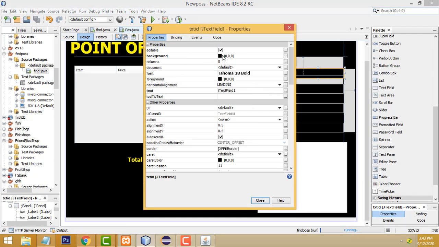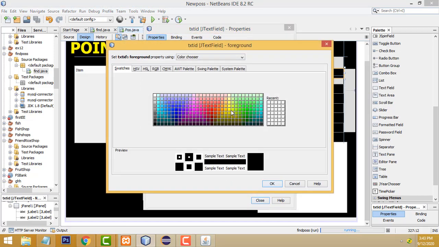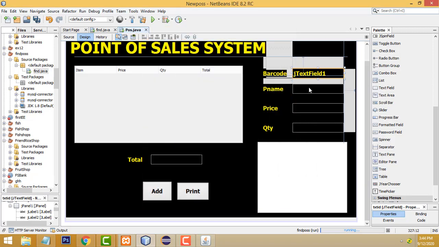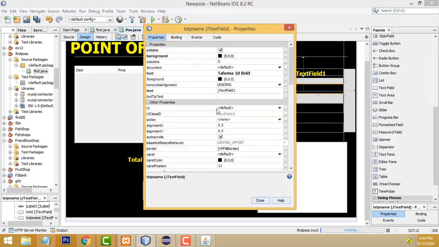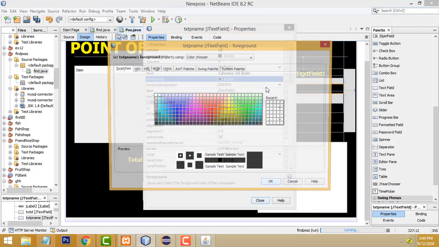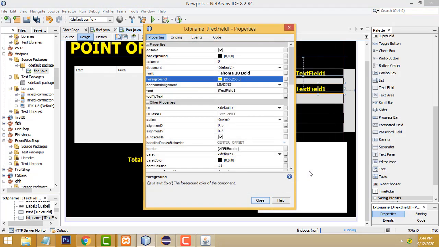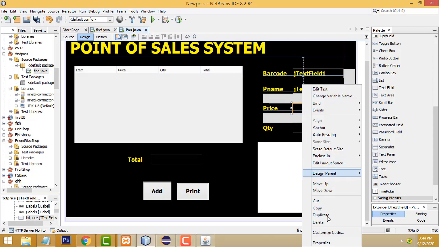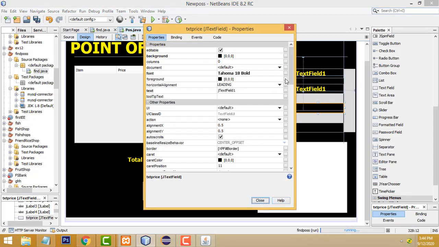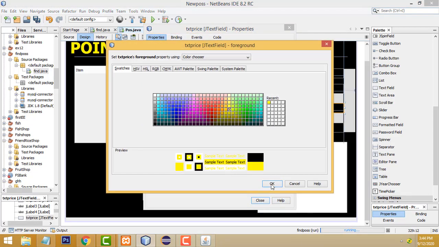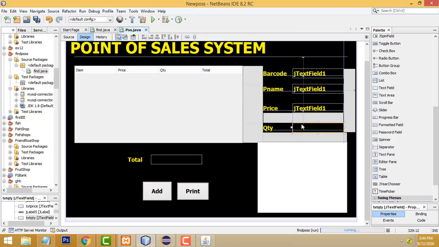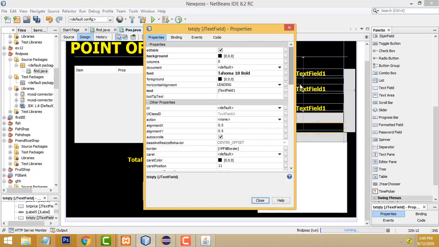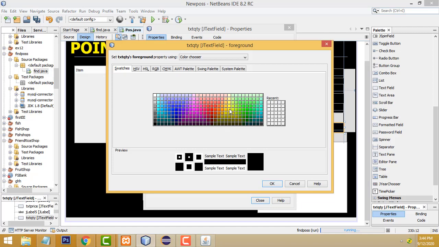The background is also black and the foreground color is also black, so we can't see the text. We have to make this one a different color, then you will be able to see it. See, that's the thing. You won't be able to see the display successfully, because the background color is black and the foreground is also black, so you won't be able to see.